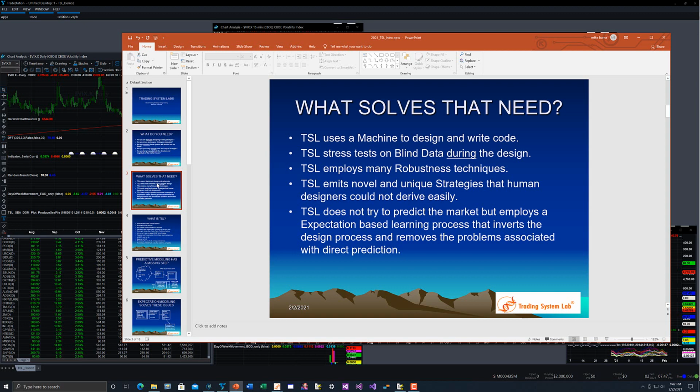Trading System Lab is a machine that designs trading strategies and writes the code for you, so no programming is required. It also stress tests the trading strategy design during the design process, which is pretty amazing. It employs many robustness techniques like parsimony pressure and trade to parameter ratios, which trade off the bias variance trade off,